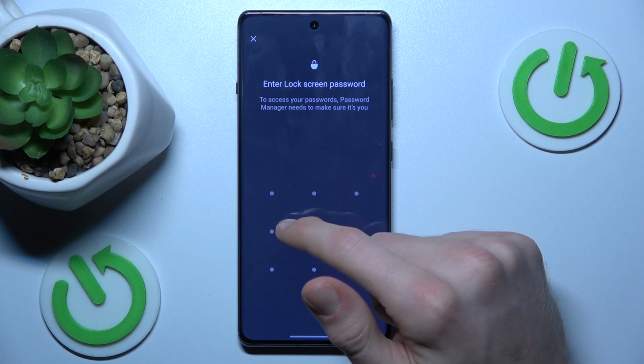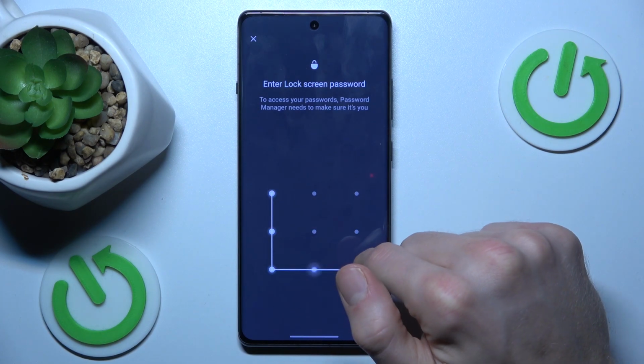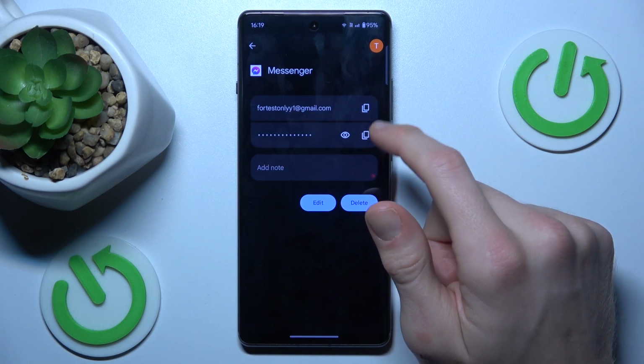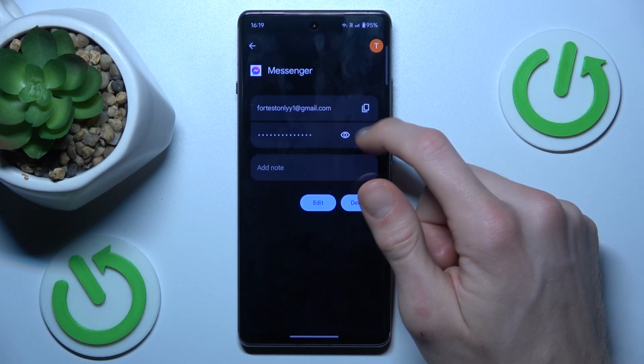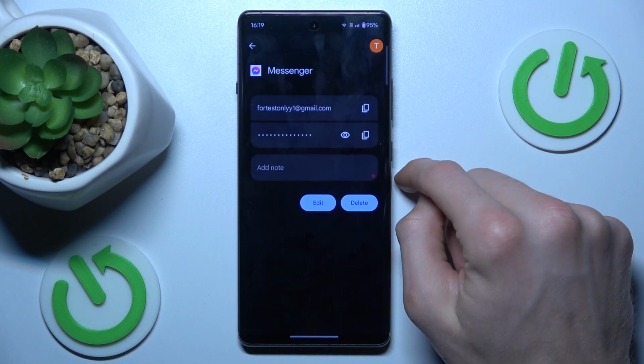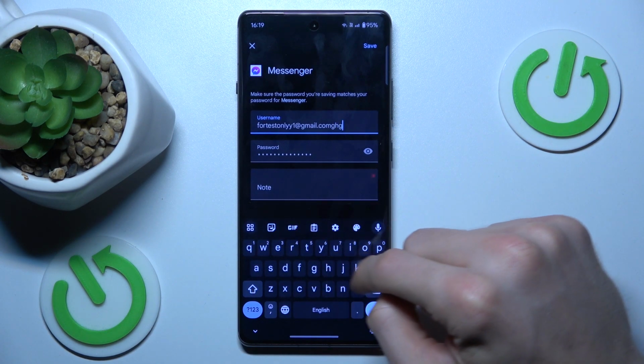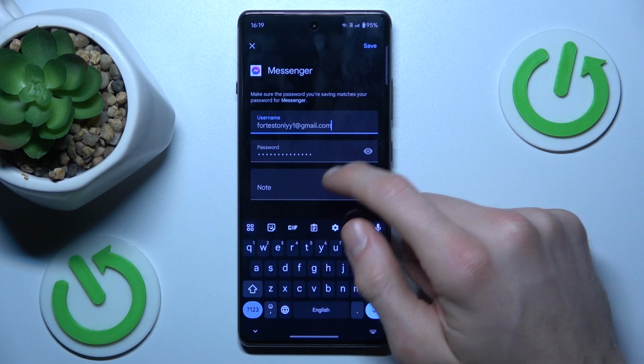Maybe for the messenger account we can press there, and now we must enter the screen lock, and there we can copy our email and passwords, or after we press this eye icon, our smartphone shows us the password. We can also edit all by clicking edit and write something or delete, or we can add